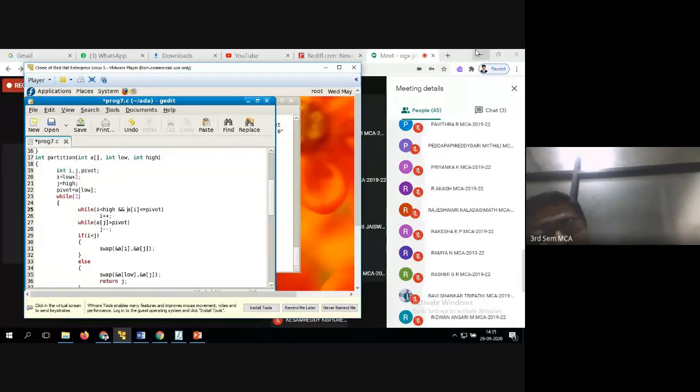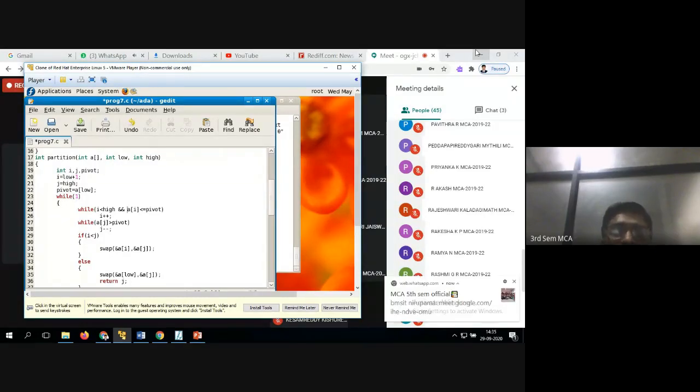Don't write everything leftmost. So by seeing, you should understand where the function started, where it ended. So the while loop, where it started, where it ended. This while loop is only under this main while loop, only while i is less than j. So once i is greater than j, you have to swap the low first element with j and return the position also.